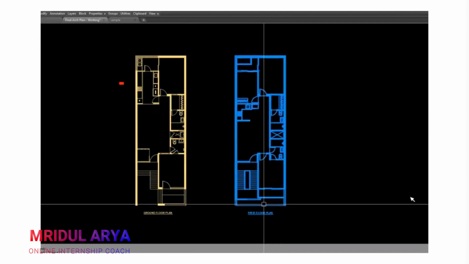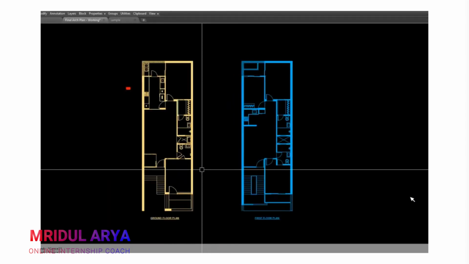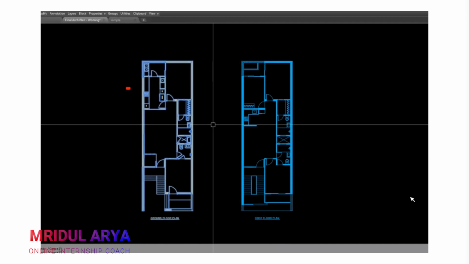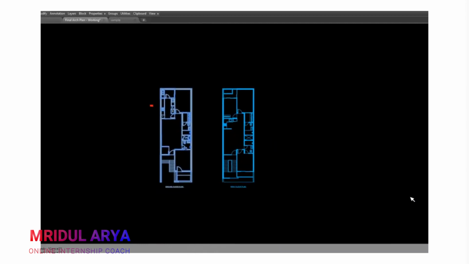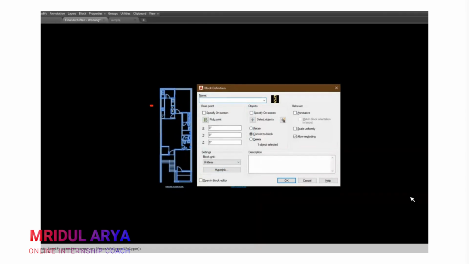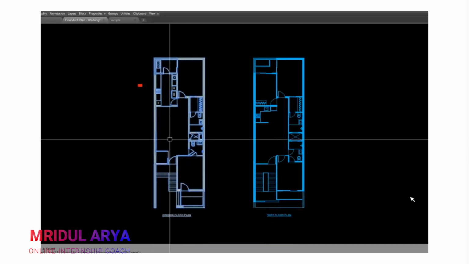This is my ground floor and this is my first floor. Another thing I did was I created a block for this. Okay, you will select the whole plan and you will just create a new block, give it a name, and just hit okay. And this whole plan will be a single block.